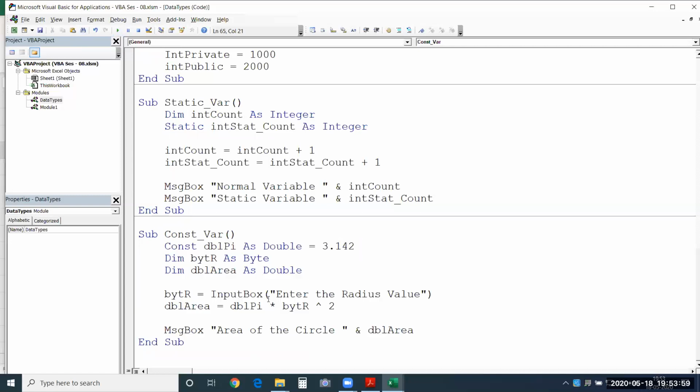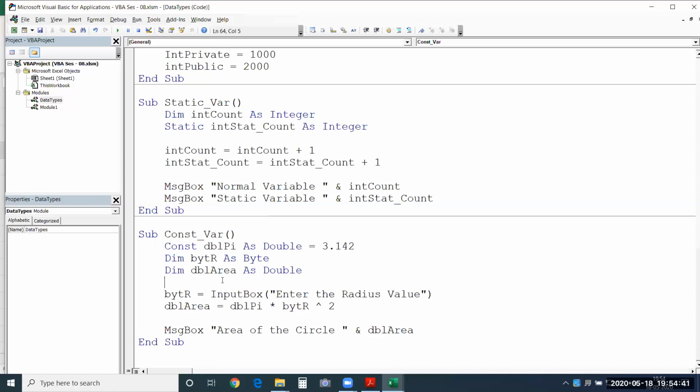So if it was a huge macro or some project that you're working on, and if you have misspelled some variable names like this, it would be really difficult, because your macro will not throw any error, but it is not going to give you the results also in a proper way because you have misspelled the variable names. So to identify these things and to see eventually what happens when you are forced to declare a variable, you will use a proper data type as well, and that in turn saves your memory space, so the memory management will be efficient. So these are the advantages of using the option explicit.